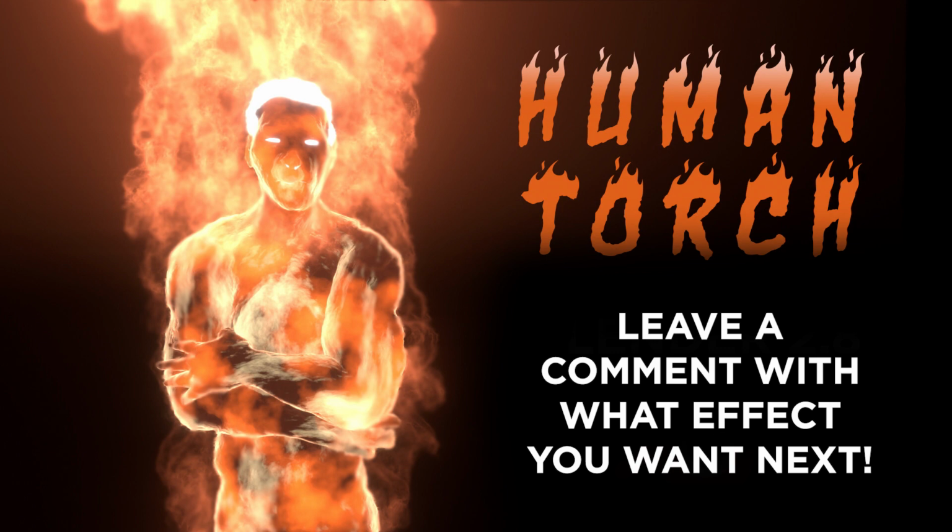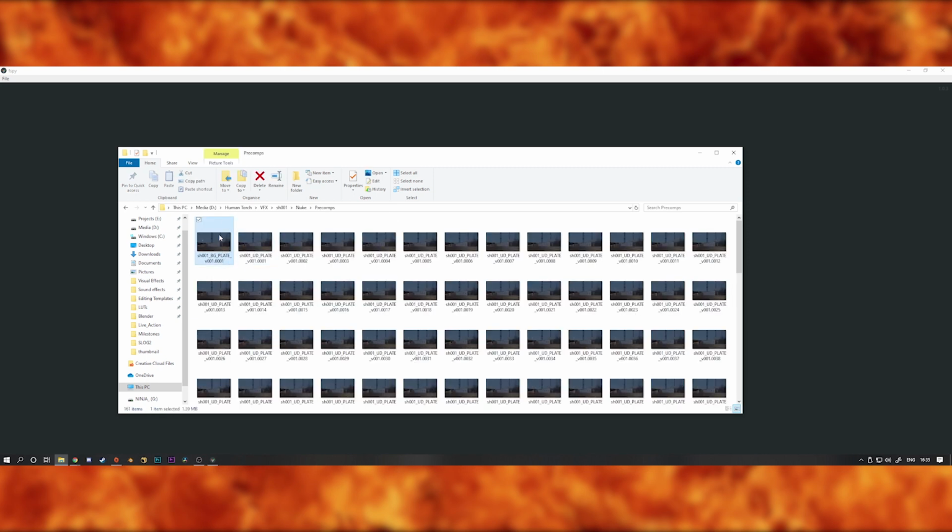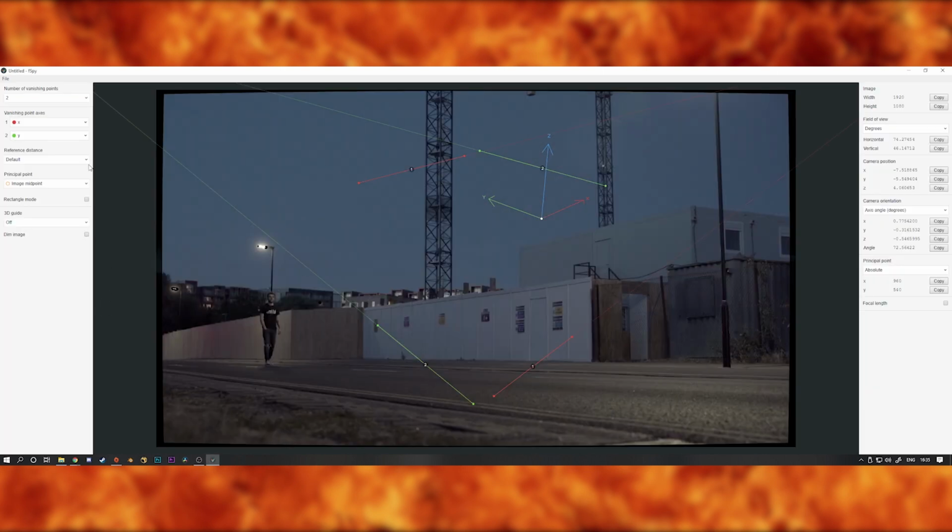So, you want to set yourself on fire using Blender. Here's how to do it. Firstly, I used F-Spy, which is a camera alignment tool. Bring in a single frame from your footage and then just use the X and Y handles to align the X and Y axes in your footage. Set the origin point to be in the center, and then go to File, Save As, and save this somewhere